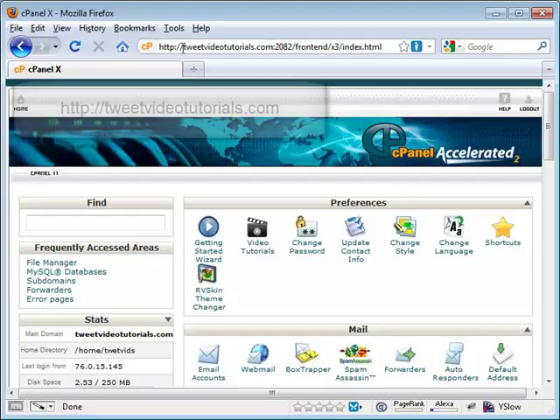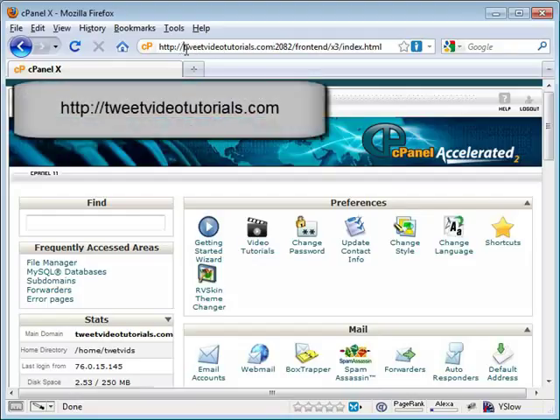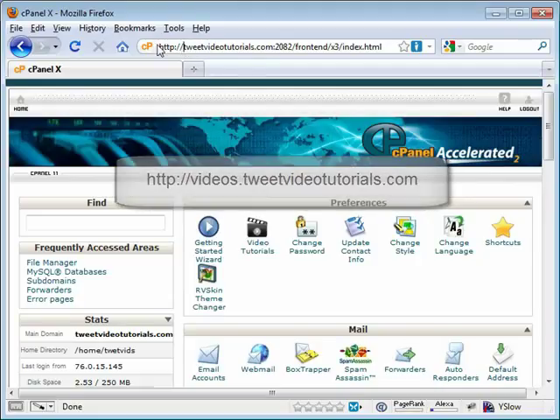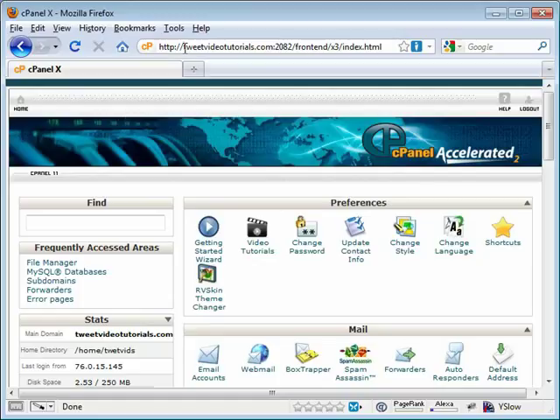Now, a subdomain is one that would come right here at the beginning. For example, we're going to make a subdomain called videos. The URL would be http://videos.tweetvideotutorials.com, and within that subdomain we can have a new blog, and for every subdomain that you create you can have a new blog installed on that subdomain. Depending upon your web hosting service, a lot of them nowadays allow you an unlimited number of subdomains. So with that thought in mind, you can have an unlimited number of blogs, all with the use of the one main domain. How cool is that?